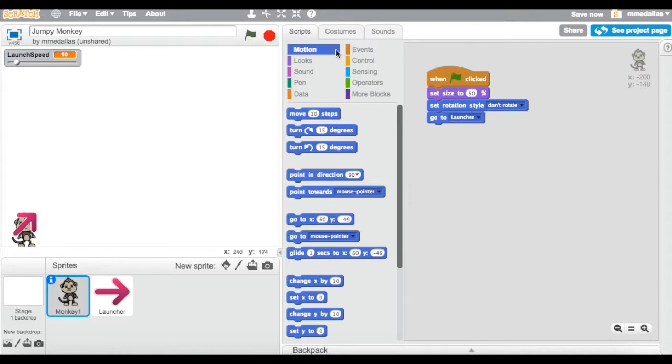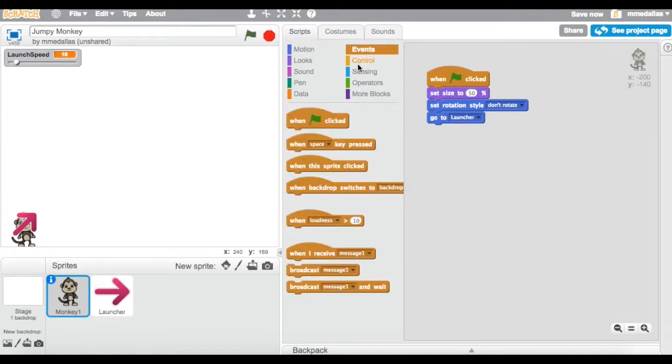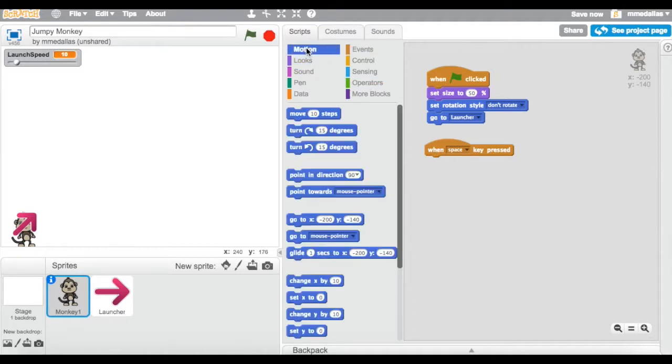Alright, so let's get him to fly through the air. Let's click on our events and choose that when I press the space bar, my motion will be to go to my launcher. And I'm going to point in the direction of the launcher, so this monkey will point in whatever direction my arrow launcher is pointing to. So I need to tell it to do that. So I'm going to point in the direction,